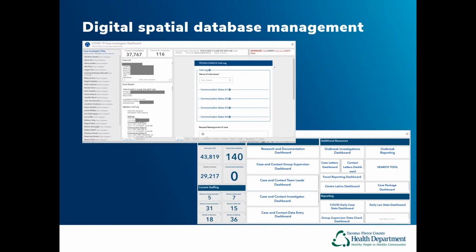And an investigator can open up their dashboard. They can select their name here on the left-hand side. It's going to then populate a list of cases that are assigned to them to investigate. And when they select one of those, then it populates a series of tabs over here that are embedded surveys right onto the dashboard. So they can interact while they're talking with a person about their case and they're interviewing them. They can then input that data into these surveys, hit submit, and then it